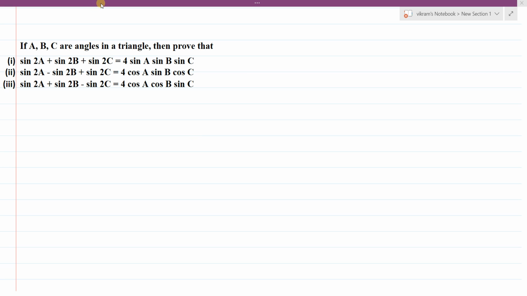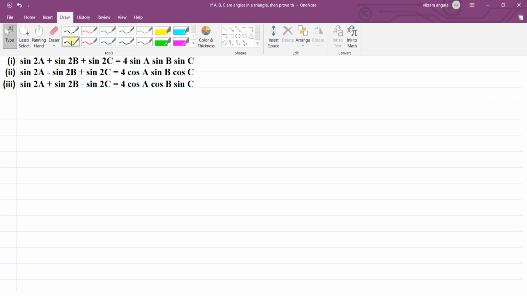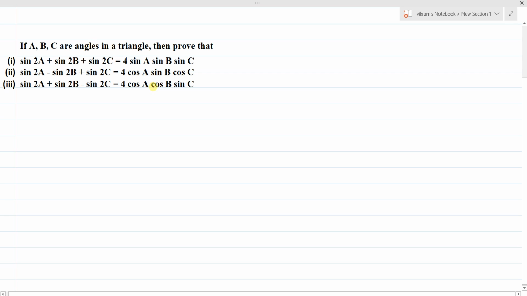If A, B, C are angles in a triangle, then prove that sine 2A plus sine 2B plus sine 2C is equal to 4 sine A into sine B into sine C. Here the information given is that A, B, C are the angles in a triangle. We know that the sum of the angles